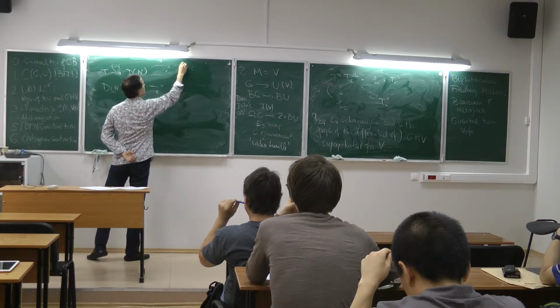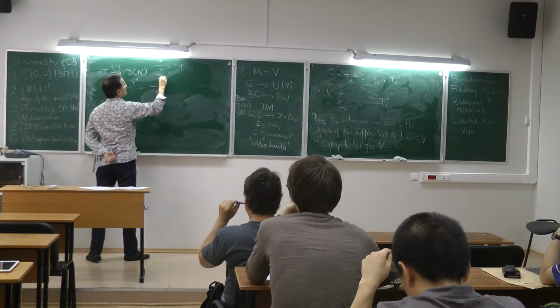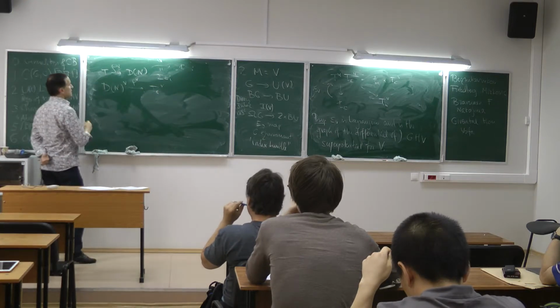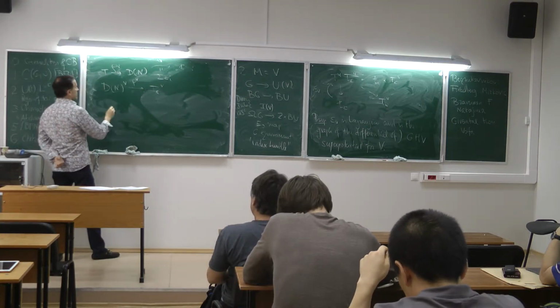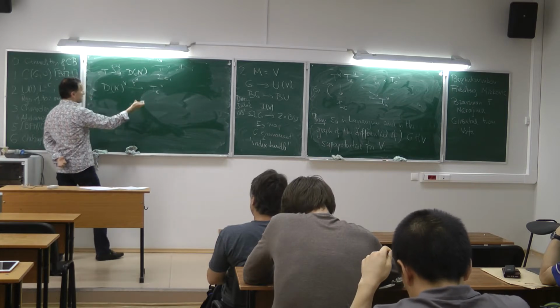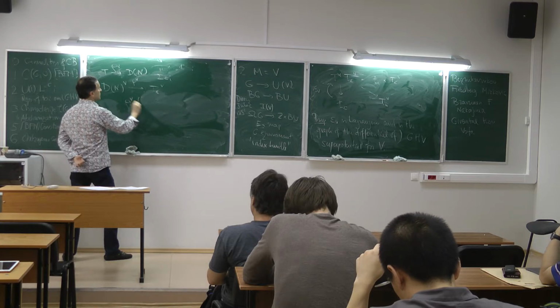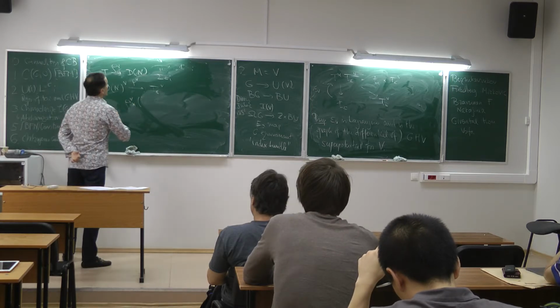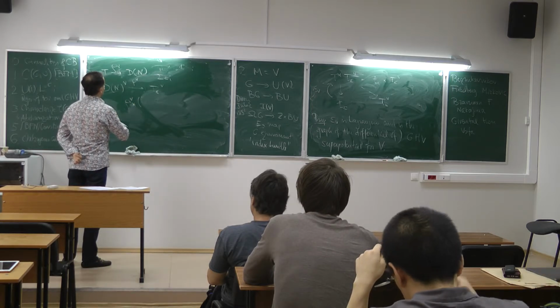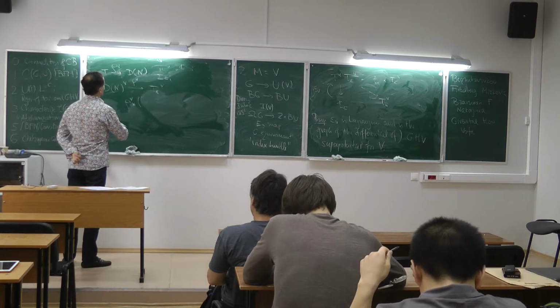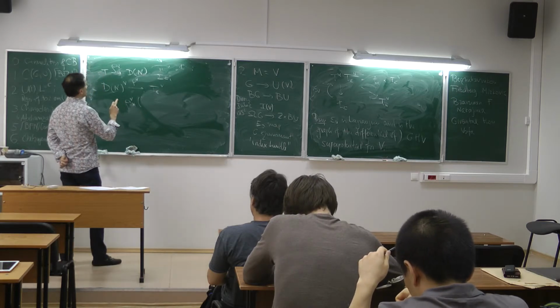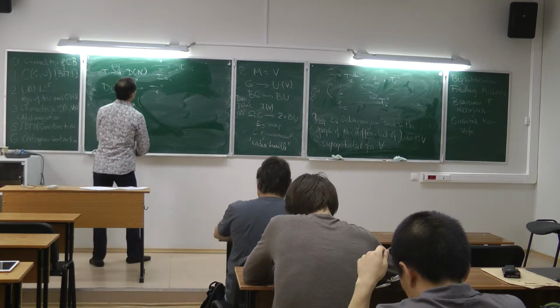Sorry, the map is to C, and the function is equal to the summation of Zi. I'm writing nonsense. And the superpotential with respect to T is simply rho check, the push down of the